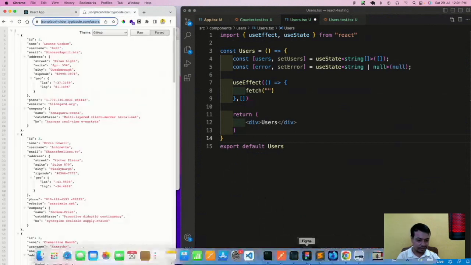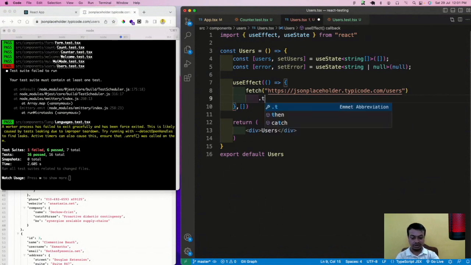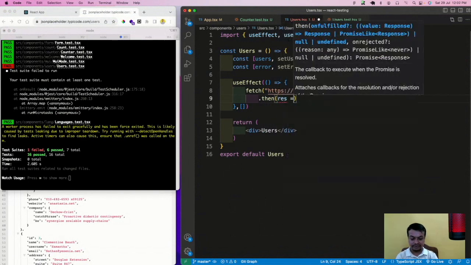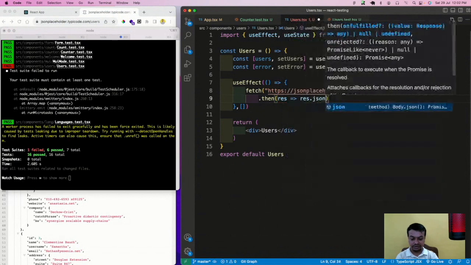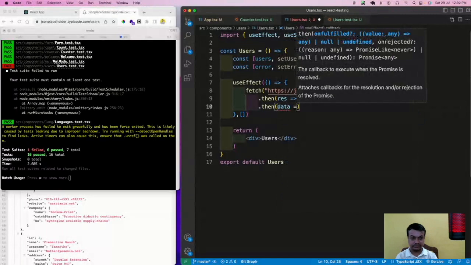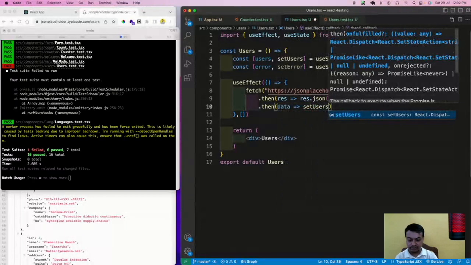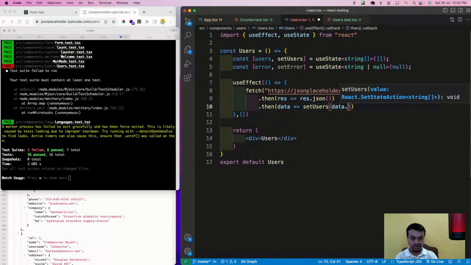Okay, so again I am going to go here. I don't like to see the errors, so I'll go here, and then in the fetch I will put this thing, and then .then(res => res.json()) like this, and then .then data, setUsers. Directly I'm going to set users, and data.map. Instead of writing it in something else, I'm directly doing it here. data.map, and then